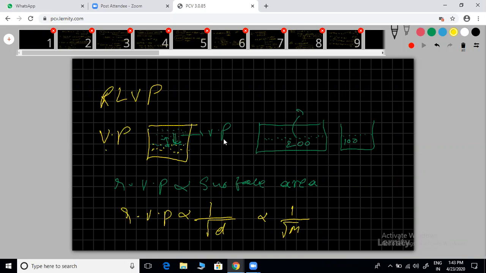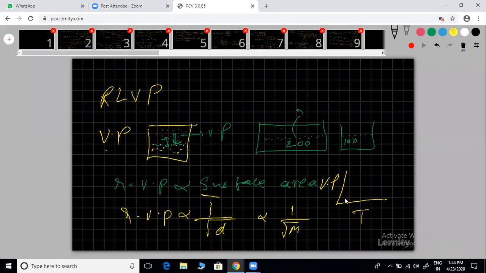Vapor pressure depends upon surface area at a particular temperature. We are discussing these by comparing two components at a particular temperature. If temperature changes, vapor pressure will change. If temperature increases, vapor pressure also increases. I can note down vapor pressure and temperature. Don't think these are directly proportional.